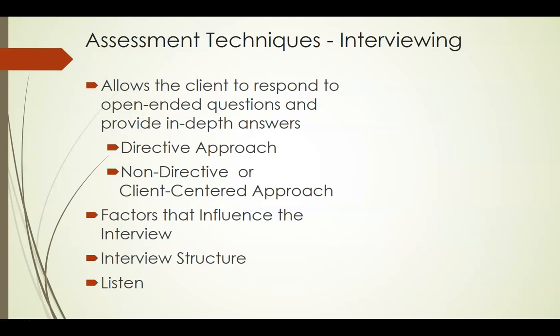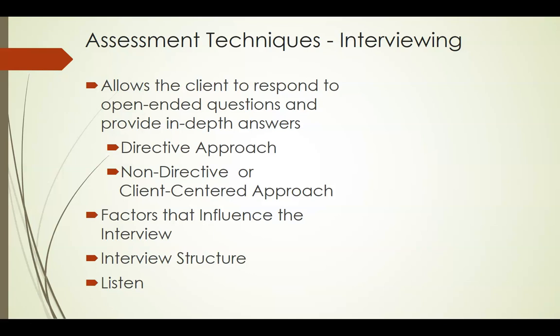As it implies, this is a face-to-face interaction with a client where a series of questions is asked to acquire a holistic picture of the client. In today's healthcare arena, interviews may be occurring in non-traditional fashions, such as with a phone call or by using a telehealth video conferencing platform. It is important to remember that face-to-face does not necessarily mean the client and the provider are actually physically in the same space. The advantages of the interview is the depth of information the provider is able to gather from